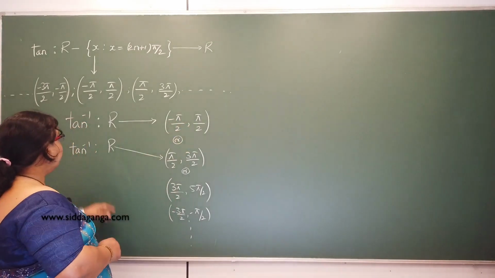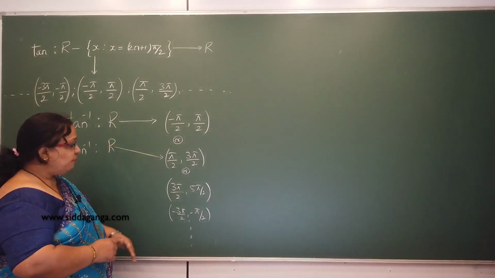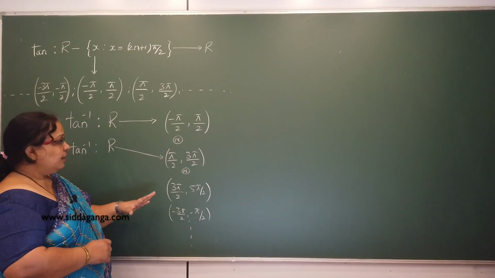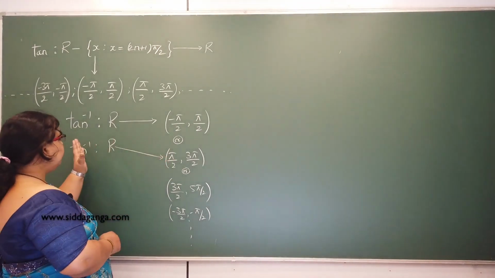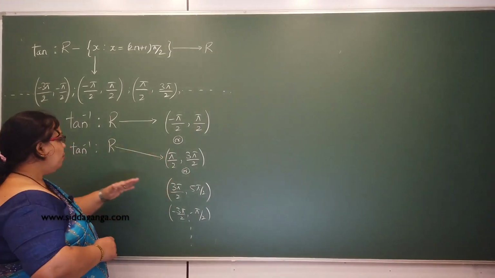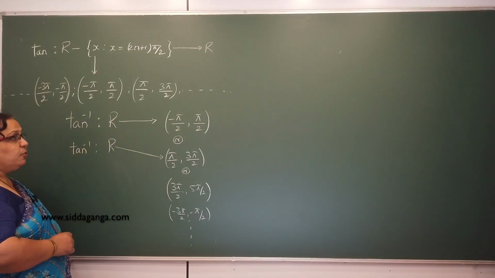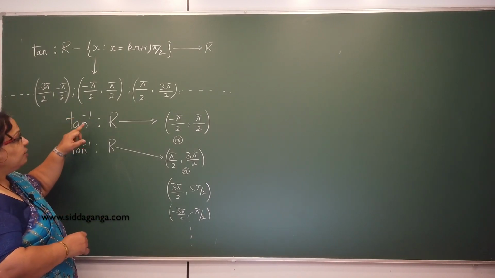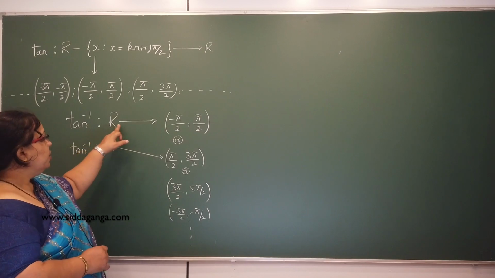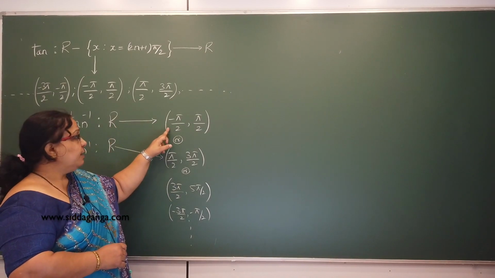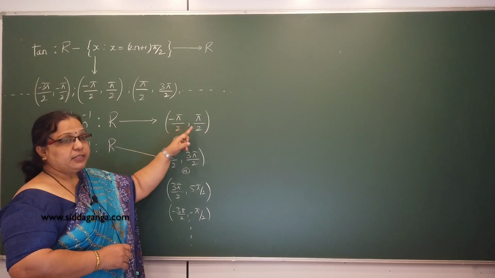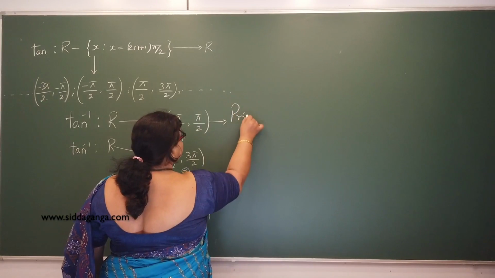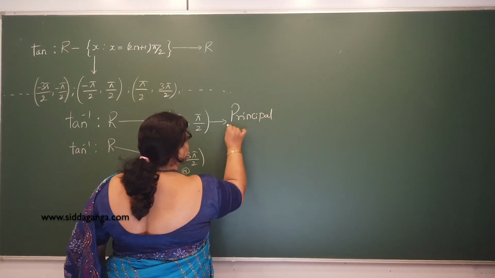So therefore tan, and we get the branches for other intervals also, so they are simply called the other branches of the tan inverse function. Hence finally the tan inverse is a function from the set of real numbers to the open interval minus pi by 2 comma plus pi by 2, and this is called the principal value